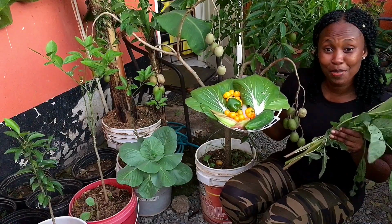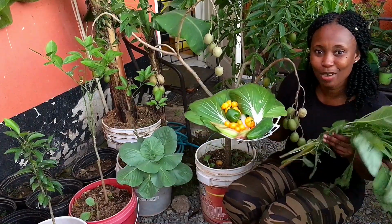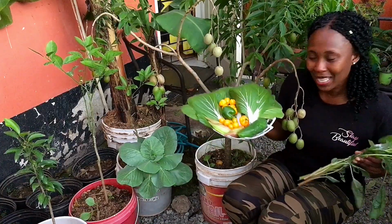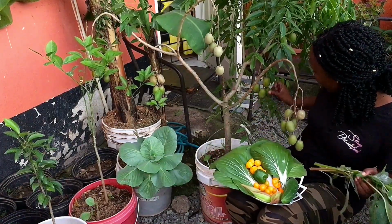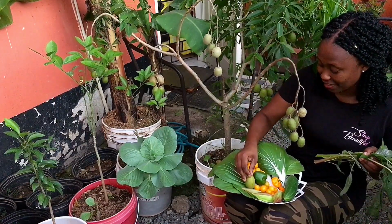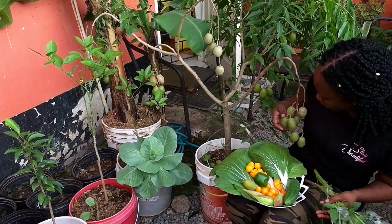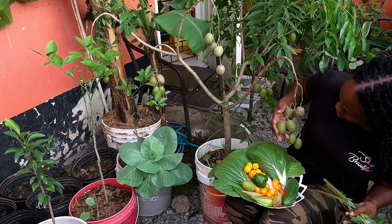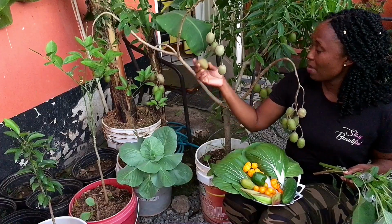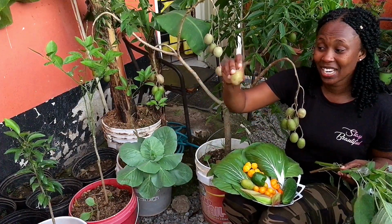I still have a few June plums right here that I need to get, because if I don't get them, they are going to ripen and fall off. They are almost ripe, so I'm getting them. I noticed this one right here. Look how easily it comes off. Ready, ready, ready. Oh, let's see if I can reach this one while here. Was one on here? No. Oh, this one. It comes off so easy, and these ones are harder to see because they have a little coating,